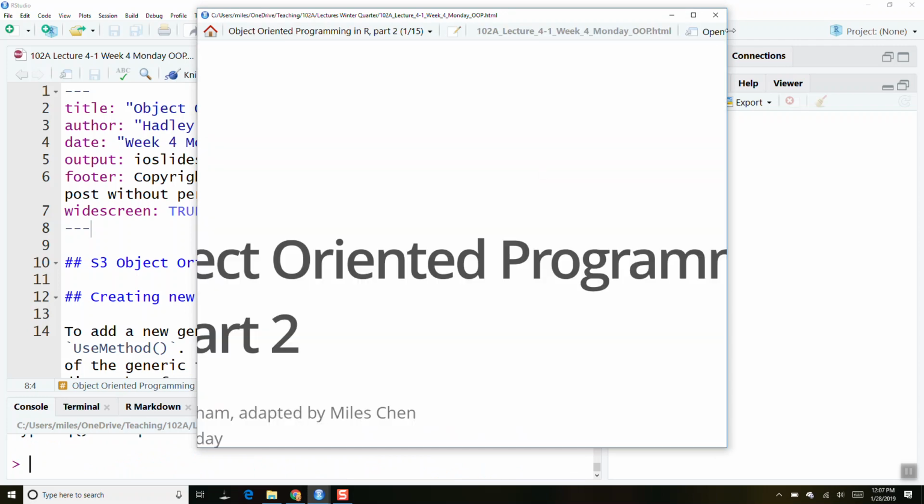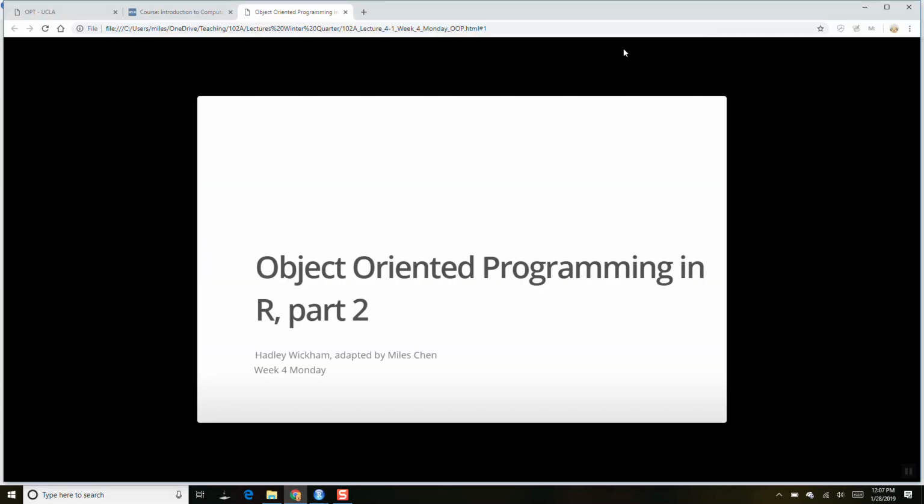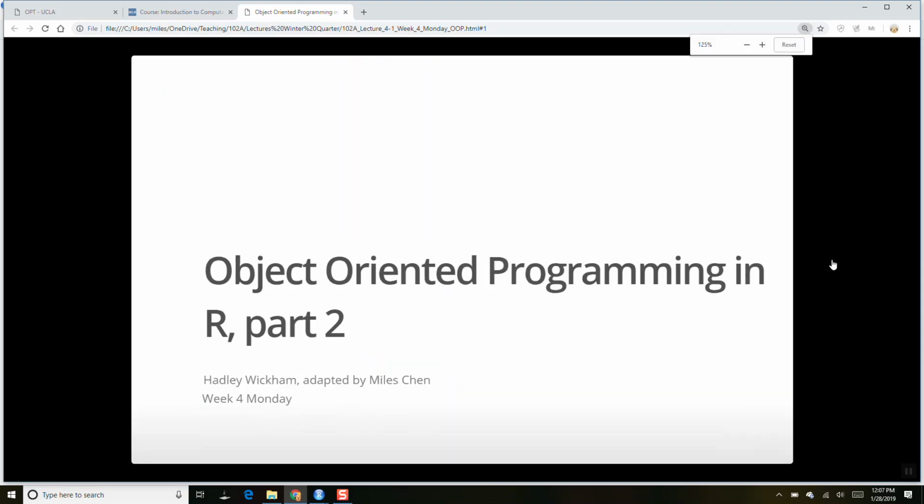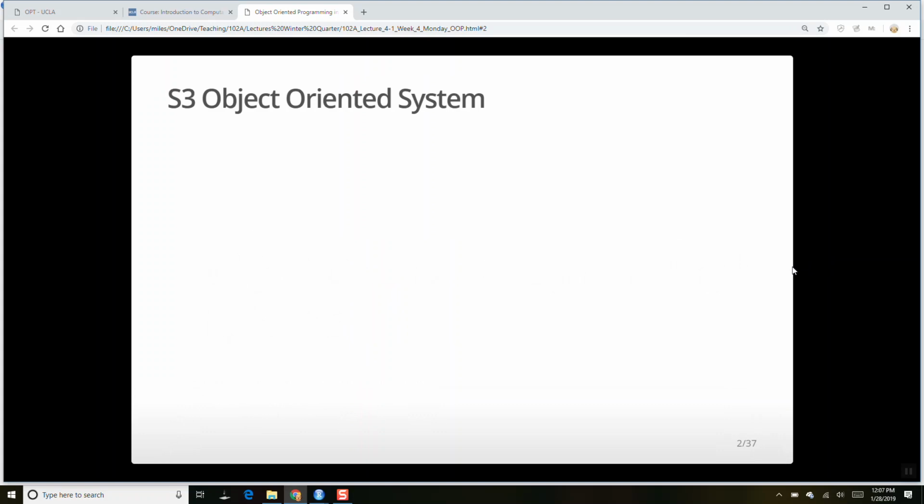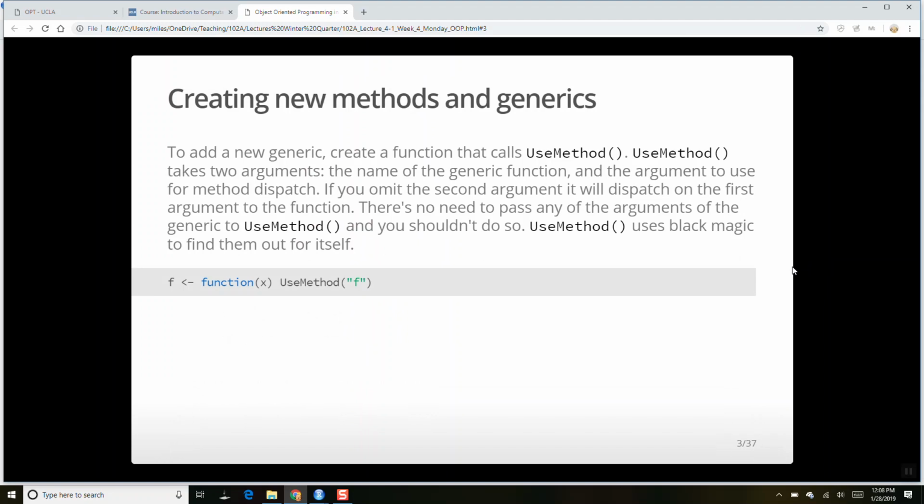We're continuing on in Object-Oriented Programming, okay? And so today we'll wrap up this talk of S3, the S3 Object-Oriented System, which is the most important Object-Oriented System in R, just because by de facto it is the most commonly used system in all of the base packages, and everything that loads up in R uses S3. We will cover the other object-oriented systems just for completeness, but you will not be tested on them, and they'll only make an appearance later in a homework assignment.